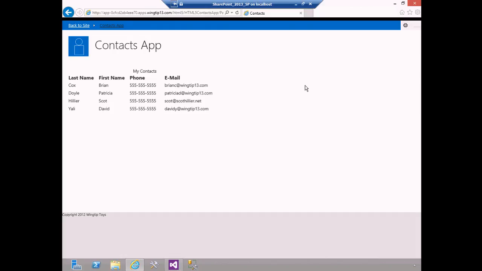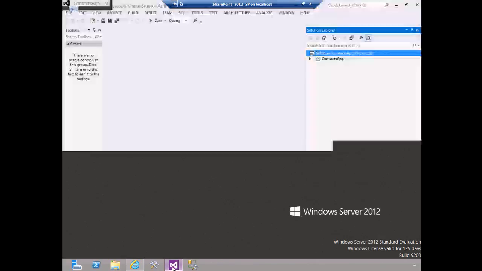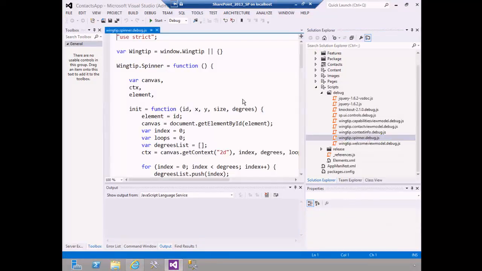All right, so we're just performing simple CRUD operations on a list. But inside of this admittedly simple idea of just reading and writing to a list is information about a lot of our best practices. So let's go ahead and take a look here. All right, so let's go look at the Contacts app. Now, the first thing I want to show you is, let's just go in here to this particular library right